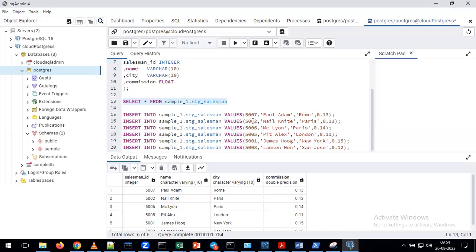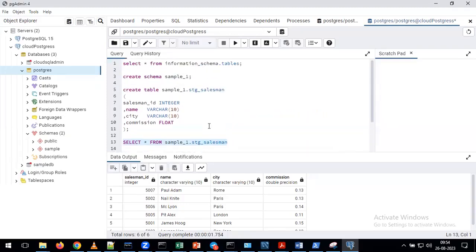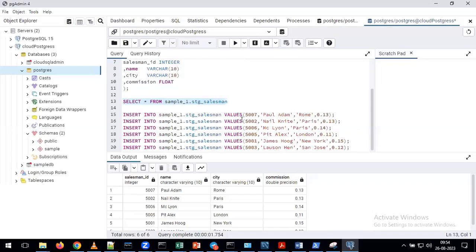Now again, I'm asking the same question: where are we doing all these activities, Andy? In our local Postgres or in the Cloud Postgres? We are doing all these activities on the Cloud Postgres. You try to give the answer: in Postgres, are we going to perform different activities, or the same activities we did in MySQL? In MySQL you created tables and inserted data, and the same activities we are going to perform in Postgres also, because all these are relational databases. If I explain the same topic again on MySQL, you might get confused or bored. For that reason, we are exploring a new database called Postgres. In Postgres, we are doing all these activities by using our Cloud SQL.